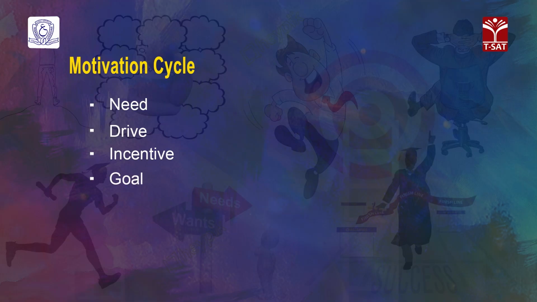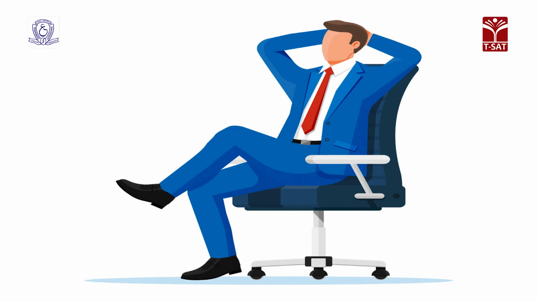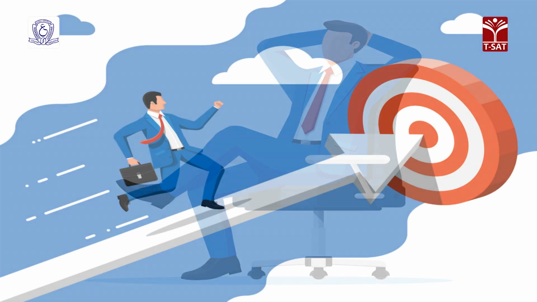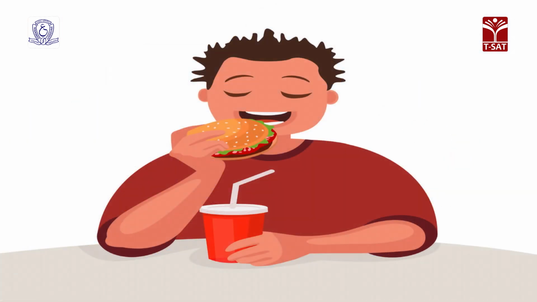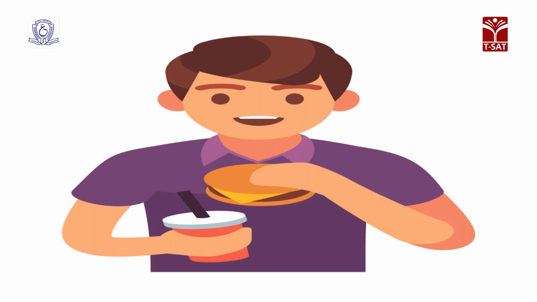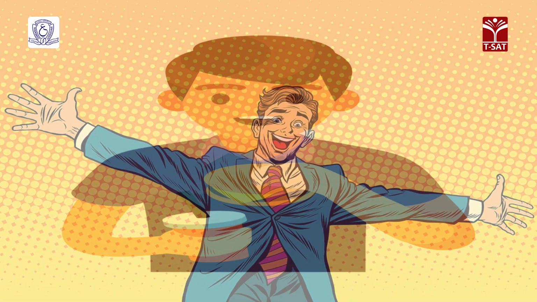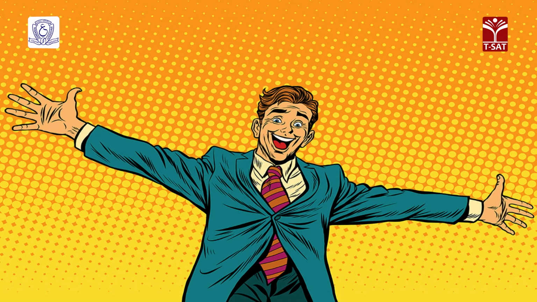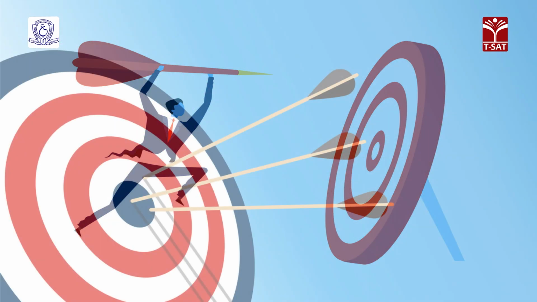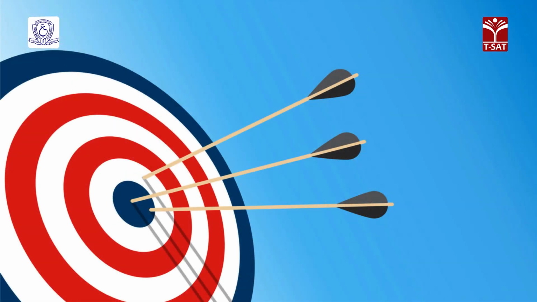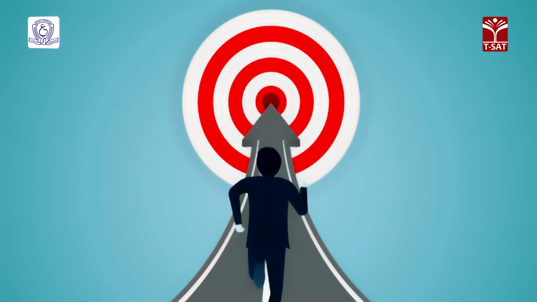The next concept is the goal. The reduction of tension in the body can be considered as the goal of any motivated behavior. A hungry man eats food and his body restores to a balanced condition. This reduces the tension. The reduction of tension as a result of an energized activity is called goal. Once the goal has been completed, the organism is again ready for another goal motivated behavior.